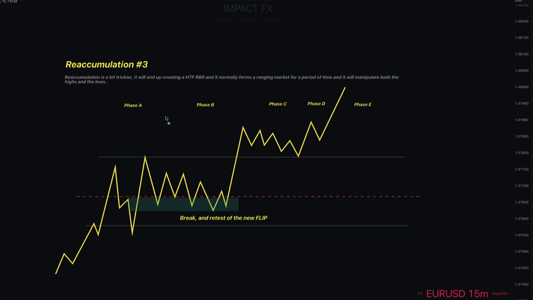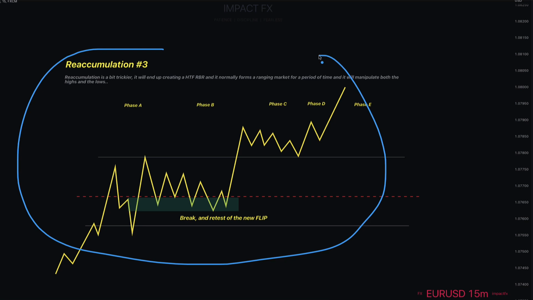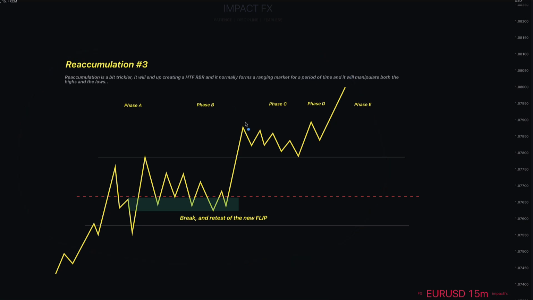All right? So if you have to go back and review these accumulation schematics, obviously you can re-watch the video and pause it, take screenshots, whatever. But these are what we need to be looking for, and we need to understand how the market in certain circumstances is actually, instead of mitigating down in supply, going to create a rally-base-rally, and we can use